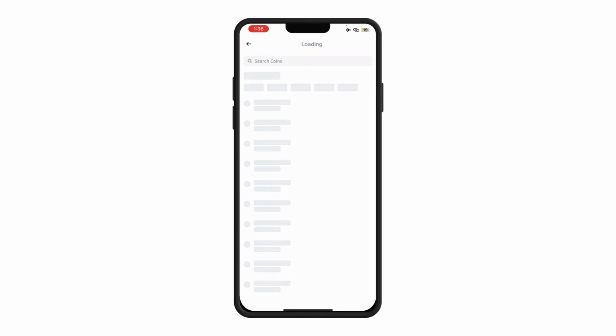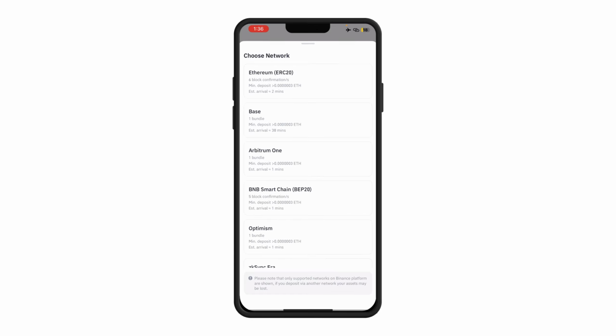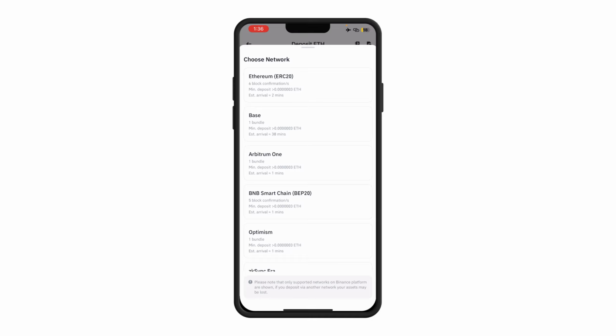I'll wait for it to open up. So I'm going to select it. Once I've selected it, come on here, choose the network. So let's say I'm depositing through the ERC20 network, I'm going to deposit ETH to my wallet. So once I've deposited that, what I'm going to do now,